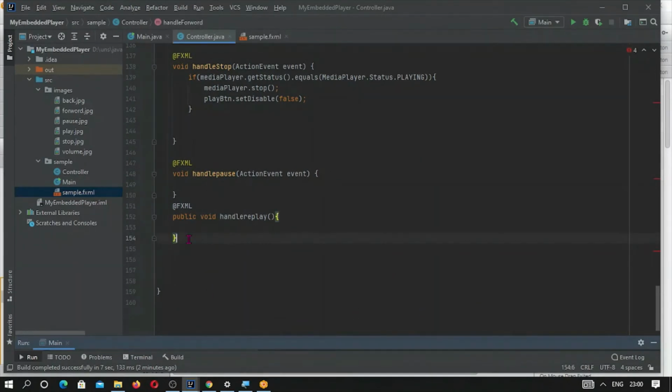So here, what we want to do, let me first check whether the media player is playing or not.